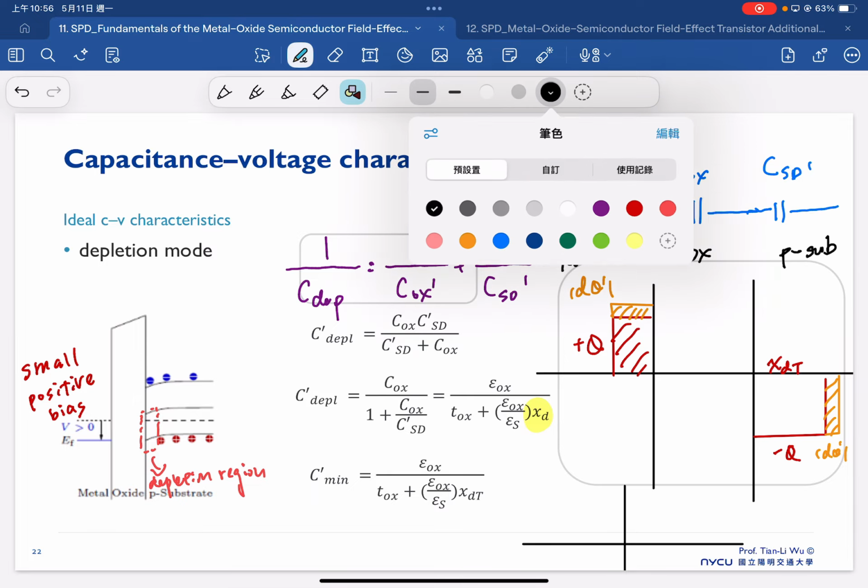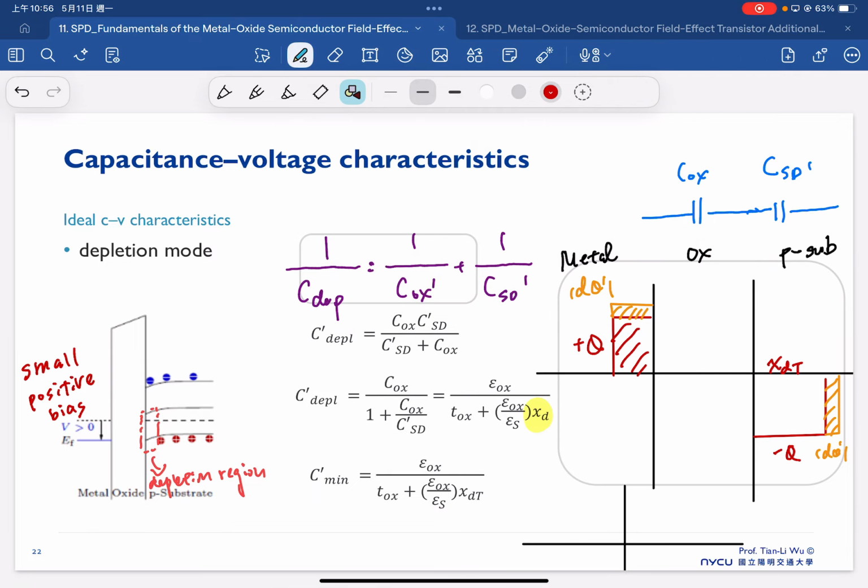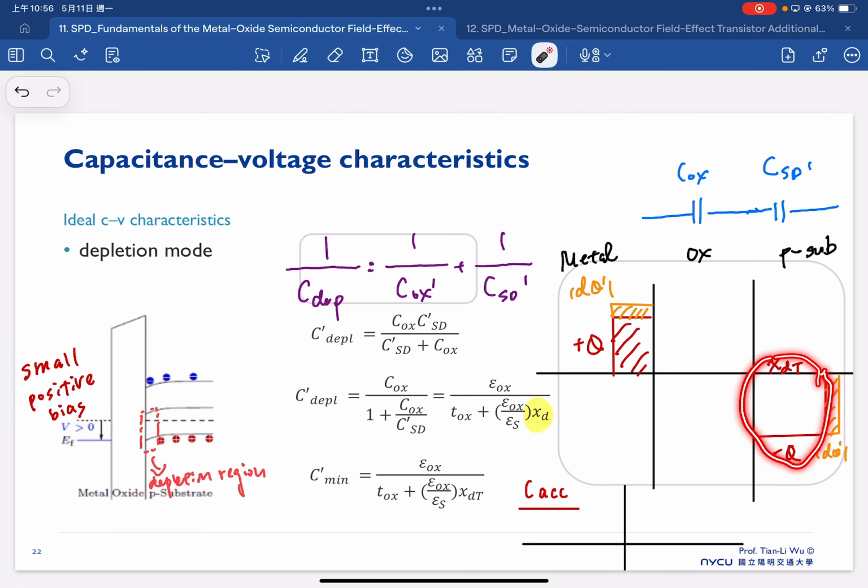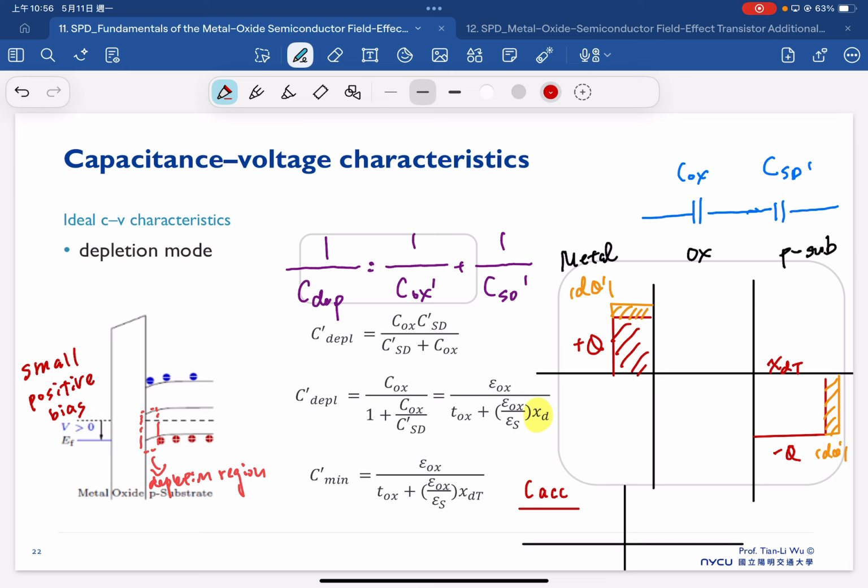So, in the last operation, we have this C accumulation, right? But now we keep increasing the bias. Our depletion width is actually increased. This is getting deeper, wider, and wider. So therefore, our capacitance is getting decreased and decreased. So we will expect to see